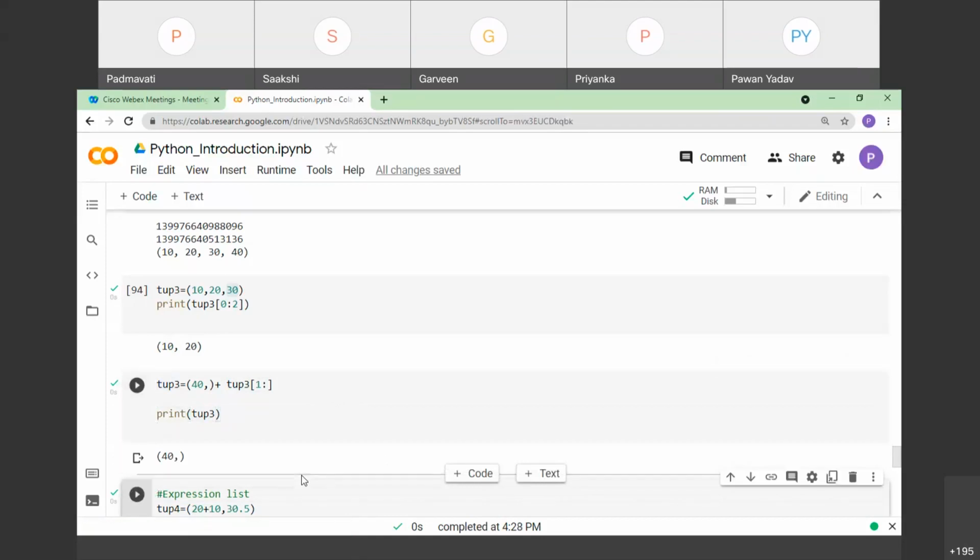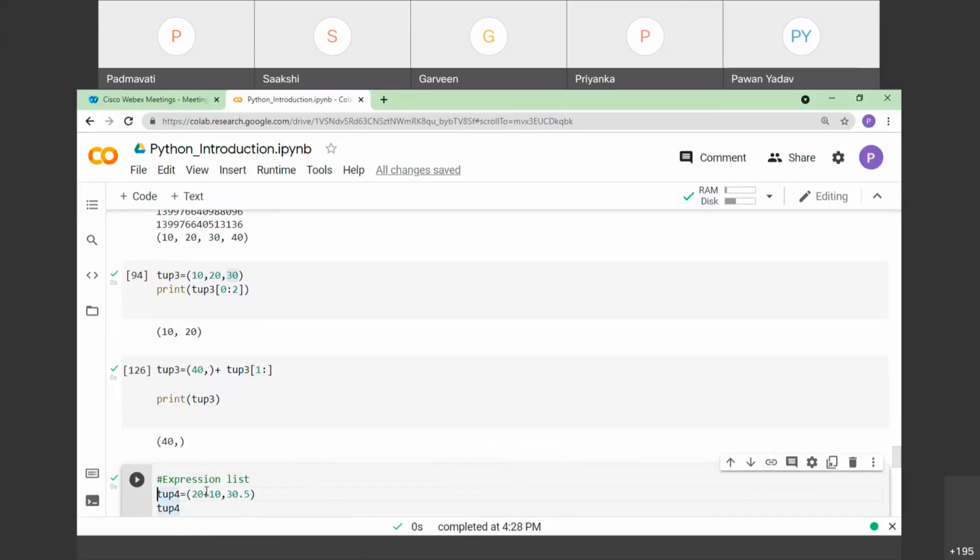Okay, next one is expression list. In this, we have created one more tuple, tup4. Inside this tup4, we have some elements, and the first element itself is given in the form of an expression. So we can either give the value, or else you can give an expression while creating the tuple.